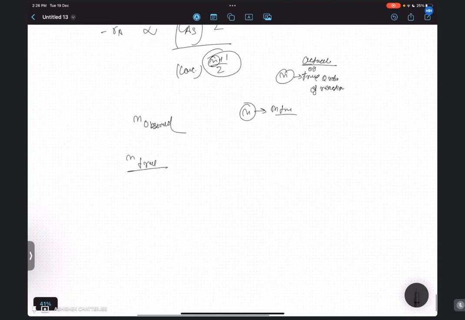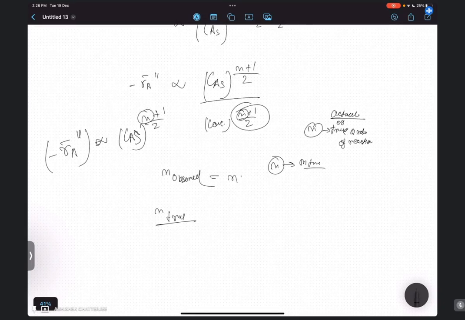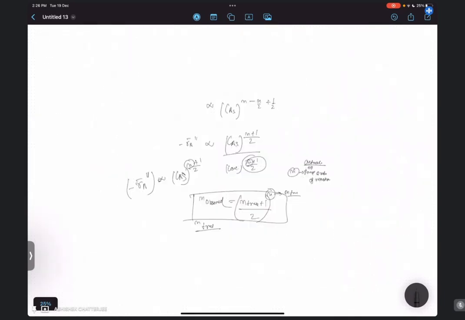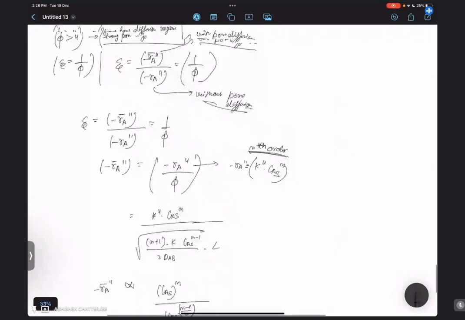Clear? Because this minus RA dash, that is your reaction rate with strong pore diffusion regime, that is equals to, or that is directly proportional to your concentration to the power n plus 1 divided by 2. Okay, so n observed is equals to n true plus 1 divided by 2. ये कंसेप्ट क्लियर हुआ? बताओ, ये बहुत इंपॉर्टेंट कंसेप्ट है, इसके ऊपर बहुत सारा क्वेश्चन आते रहता है।